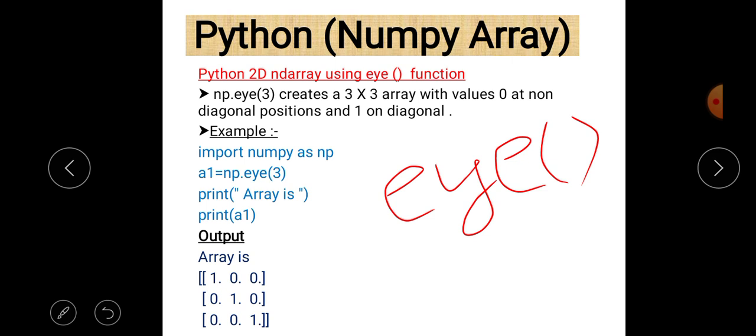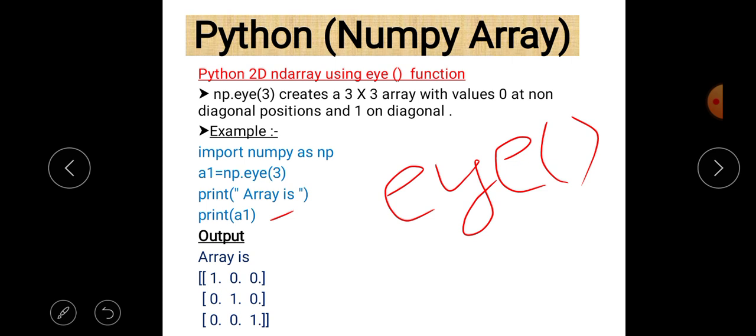Now you can easily see this: import numpy as np, a1 is equal to np.eye(3). That will create a numpy array of 3 by 3. Then we just print the array. You can easily see that the output contains the elements 100, 010, 001, and the diagonal elements are 1 and all the rest of the elements are 0.